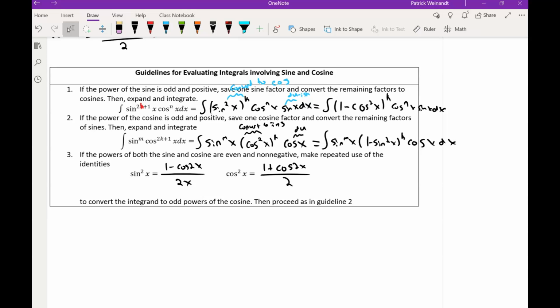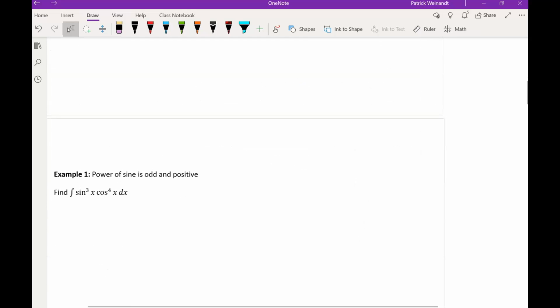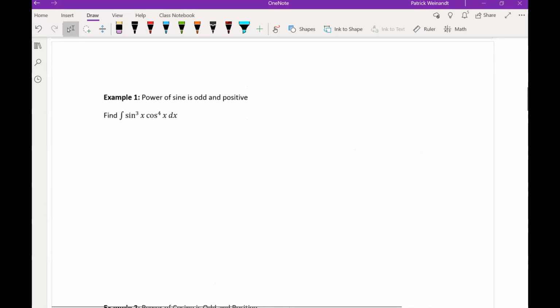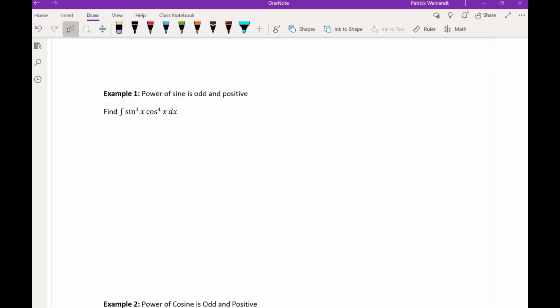We're going to move to an example. Okay, and it basically tells us what's going on here, but you should recognize, I have sine cubed of x, or sine of x to the third. We know that our sine power is going to be odd. This is going to be guideline number 1,